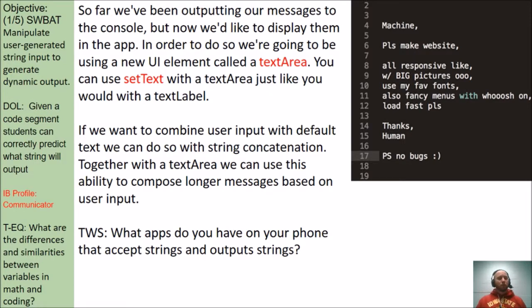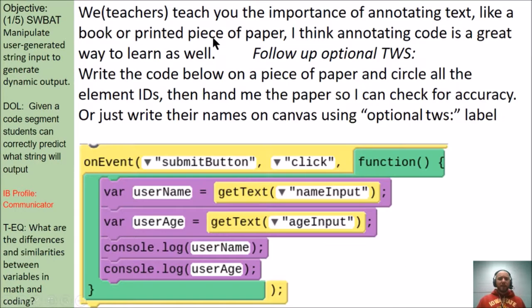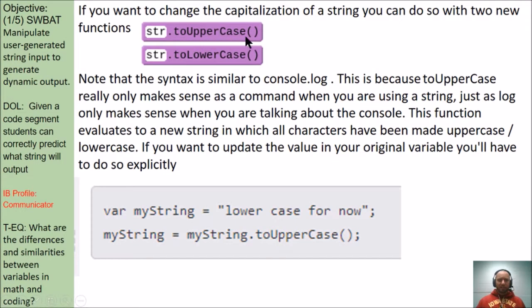Your Think Write Share, what apps do you have on your phone that accept strings and output strings? So if you want to change the capitalization of a string, you can do so with two new functions, and you wouldn't be typing str.toUpperCase. You would type the name of the thing that you want to be changed into uppercase. So maybe username, that variable, you could do username.toUpperCase, and that'll take the whole name and make every character